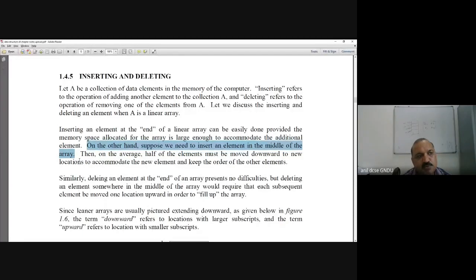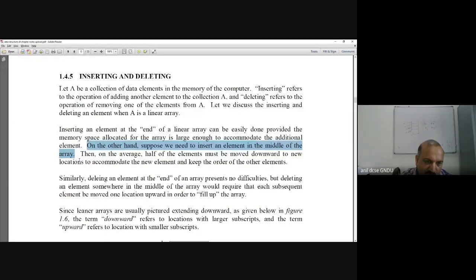Why? Let us suppose we want to add an element at the fifth location. Then the element at the fifth location will go to the sixth location. We'll have to create a space there, because an array takes continuous space in the memory.